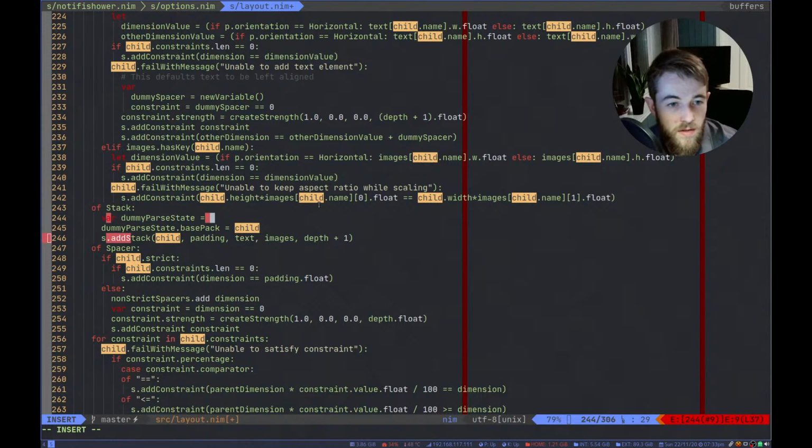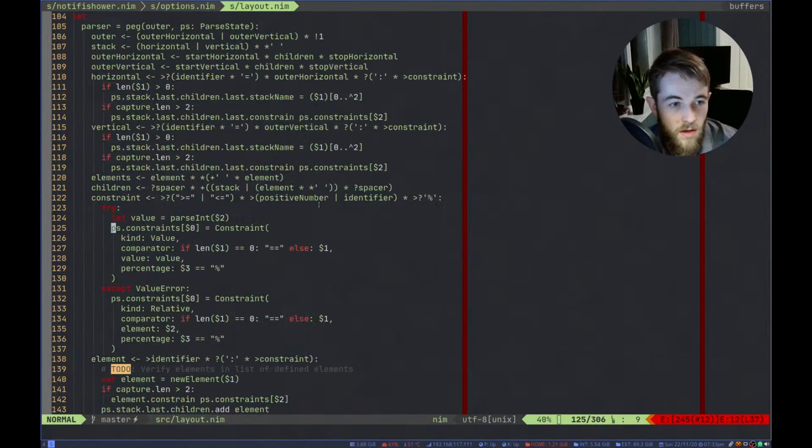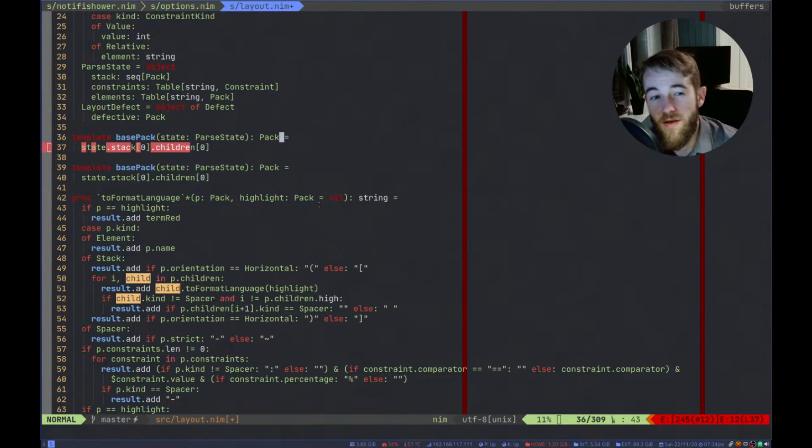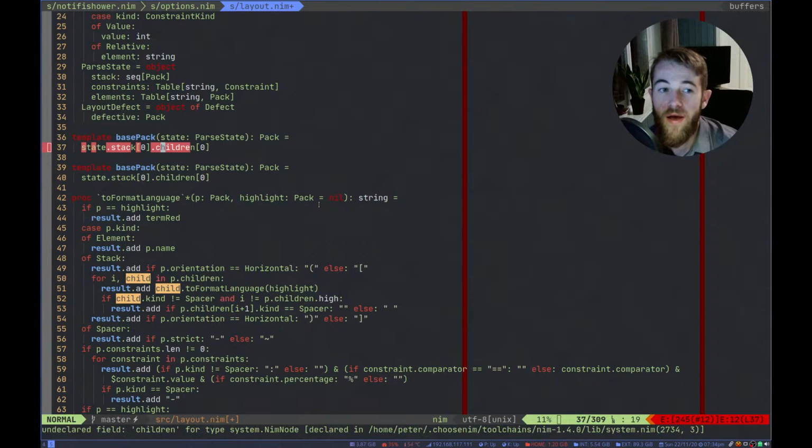And actually let this be parse state, and let's define, so this is a thing in Nim, call it state. This is now only an accessor, because the thing we're looking for here isn't the brackets, which is just an accessor.